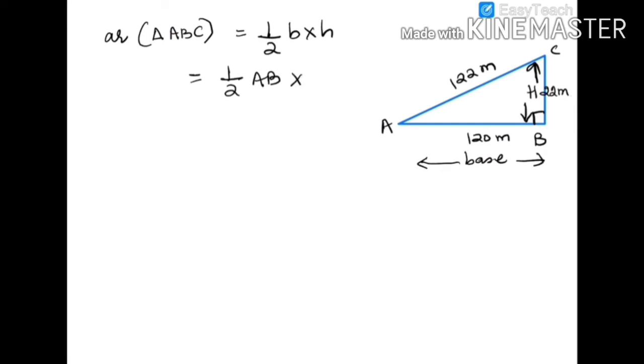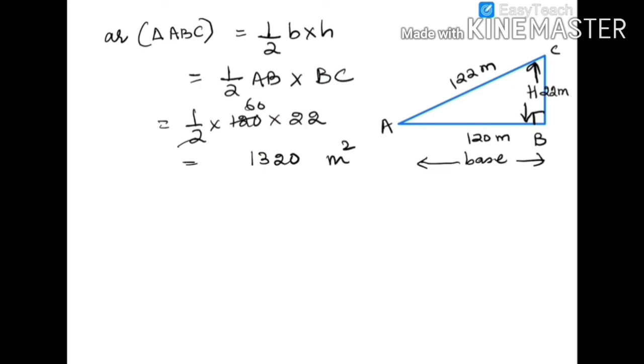So half AB into BC will be equal to half 120 into 22. So the area of each side wall is 1320. Now company hired one side wall